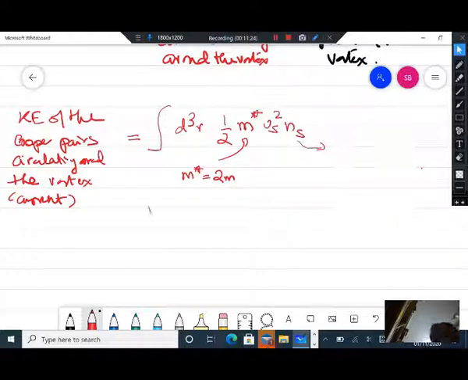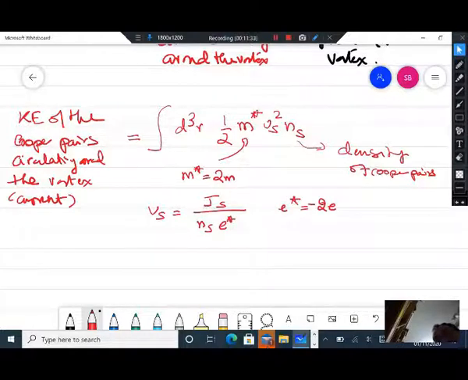And recall that Vs is equal to J by ns e star, where e star is twice e. So if I plug that in there, then this will be nothing else but